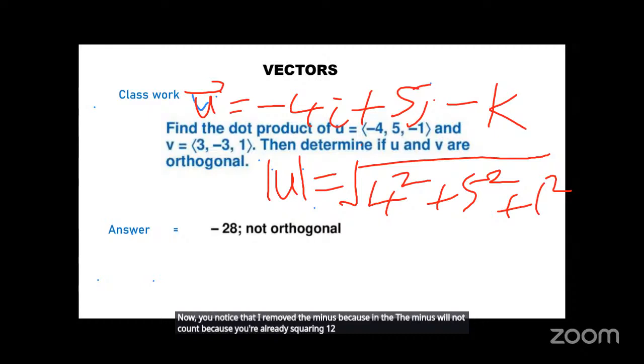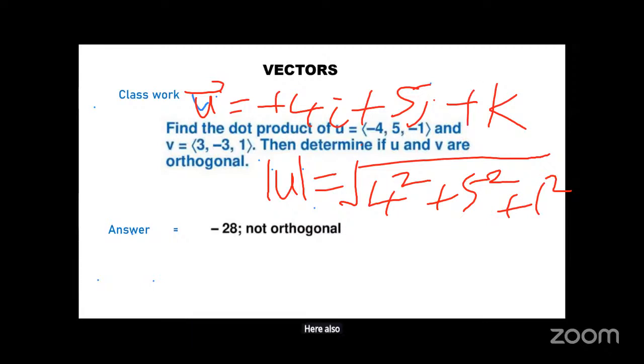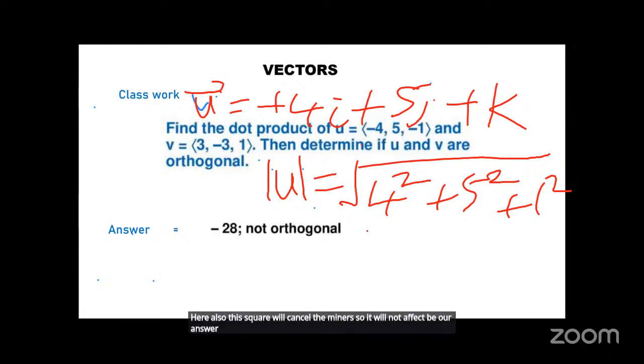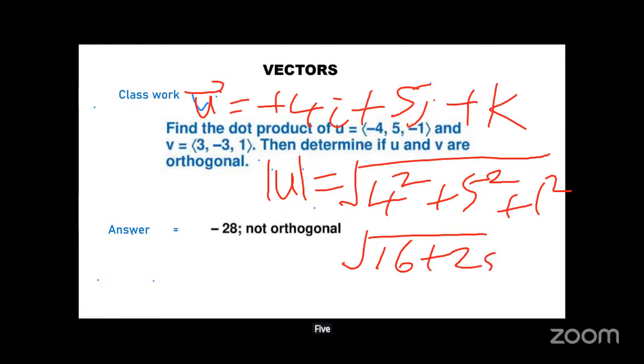Minus 4 square, the square will cancel the minus. Here also the square will cancel the minus. So it will not affect our answer. So this will be 4 square is 16, 5 square is 25, and plus